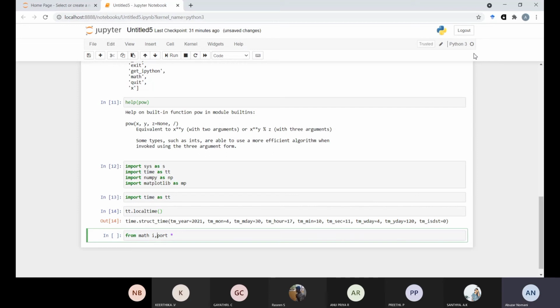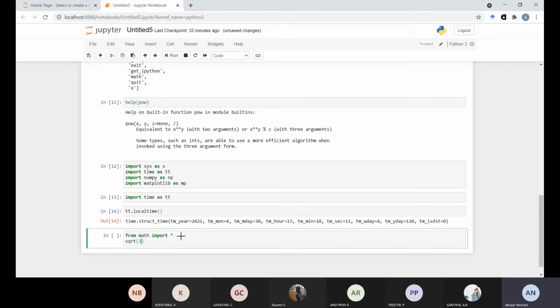It should be correct. If the spelling is wrong, then the functions will not run. From math import star: suppose you have done something previously and you want to reuse it here, then you can use this command. What we have done earlier, square root of 3, we have done this command.